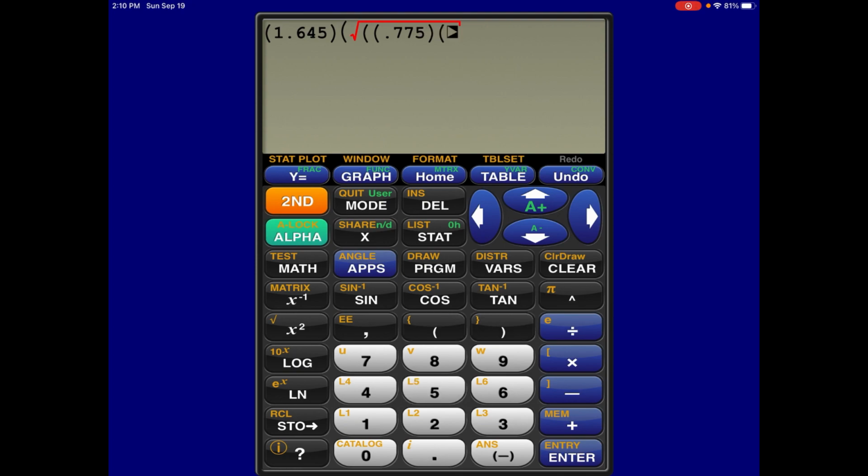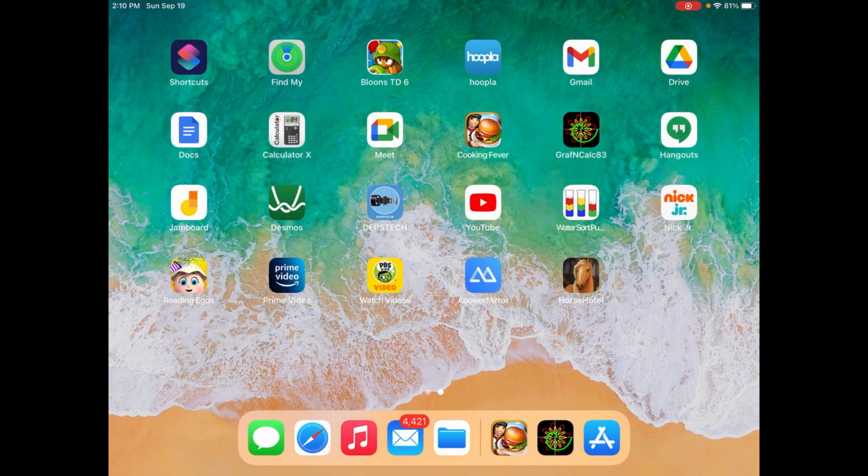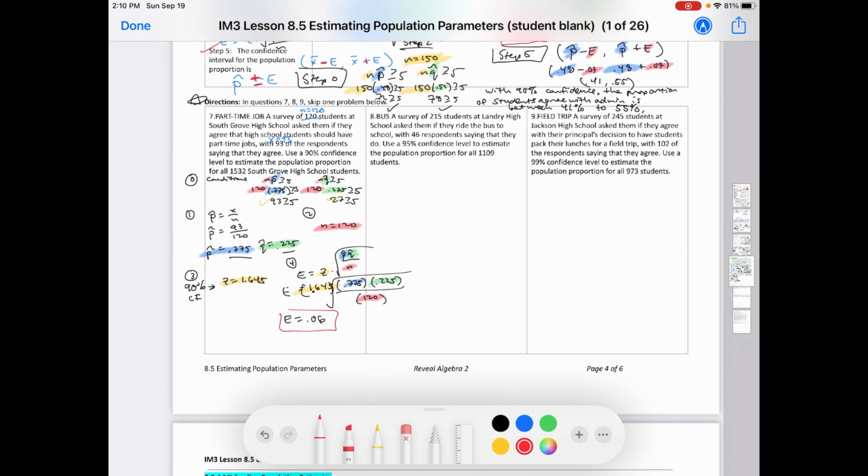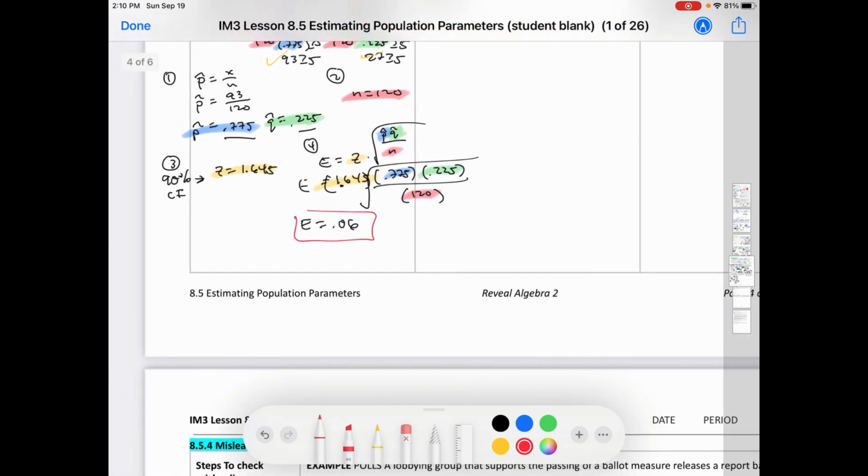Did you notice that p-hat plus q-hat, the blue plus green I had on the previous page, are equal to 1? That gives us 0.06. And then we're just going to do the